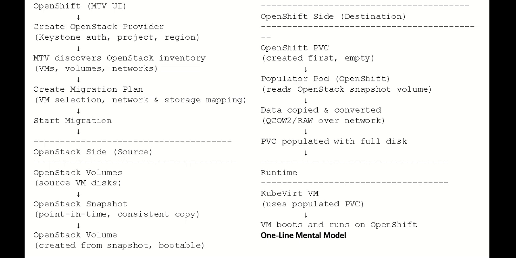we select the VM, and after that we create a provider in the OpenShift cluster in the UI dashboard, and after that we create an OpenShift migration plan, and then using that plan we select the virtual machines and try to migrate those virtual machines. And once we